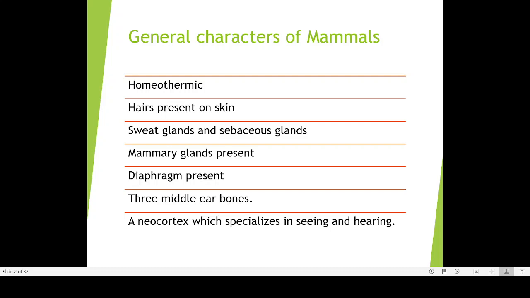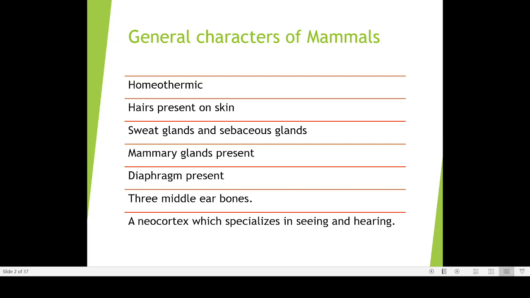There are three small bones. The name of one is Malleus. Can you tell the other two? Malleus, Incus, and Stapes. So these bones are known as ear ossicles, also known as